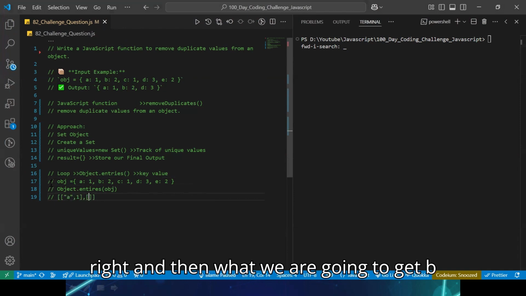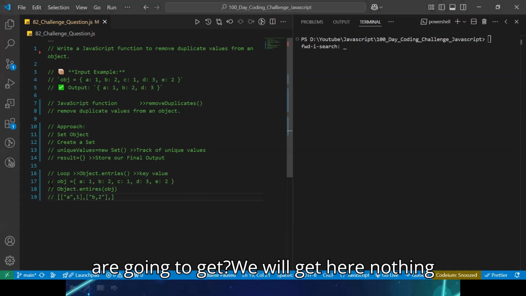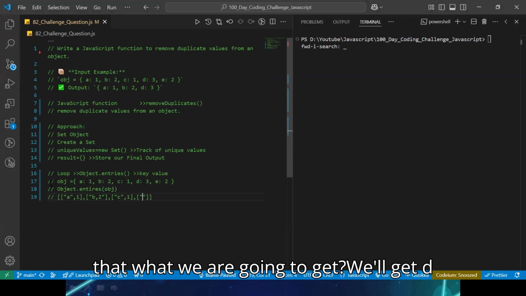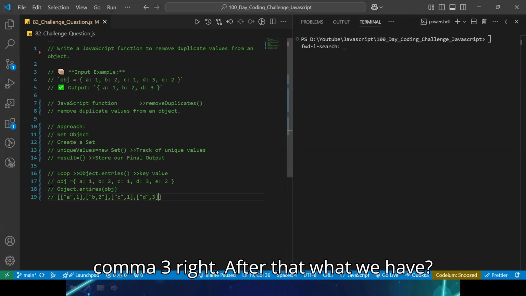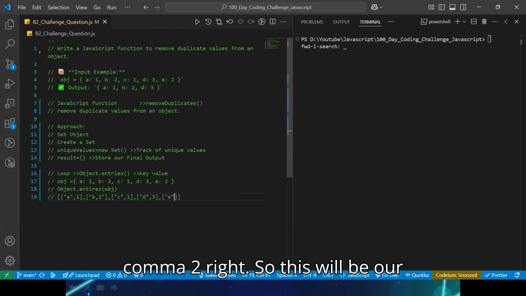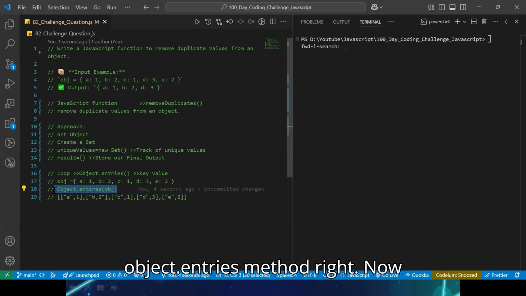And then B comma 2, right? After that, we will get C comma 1, right? After that, D comma 3, right? And our last subarray, E comma 2, right? So this will be our final result after we use our Object.entries method, right?